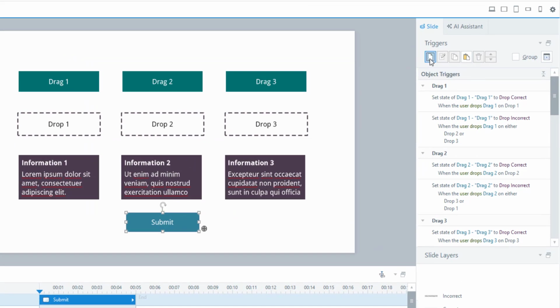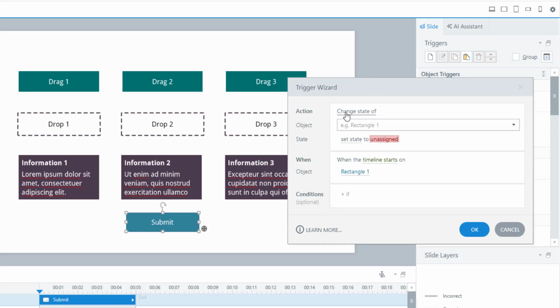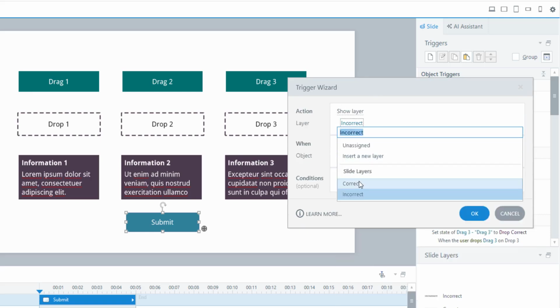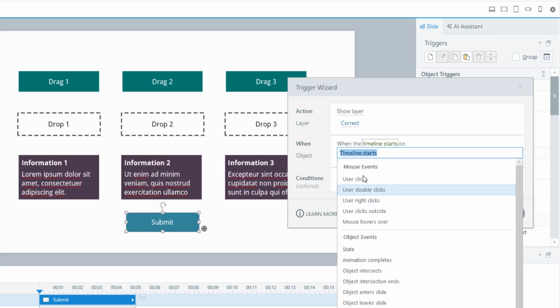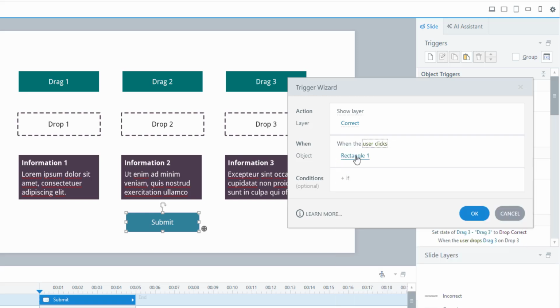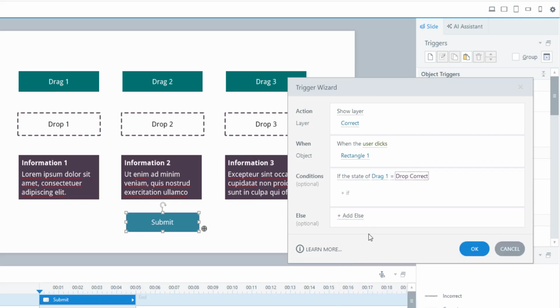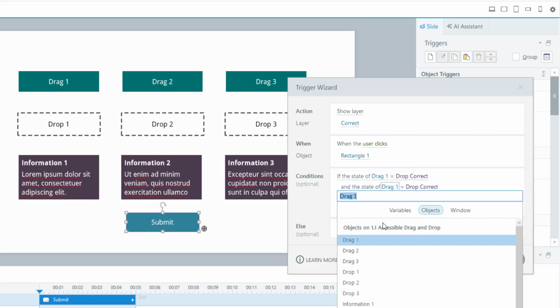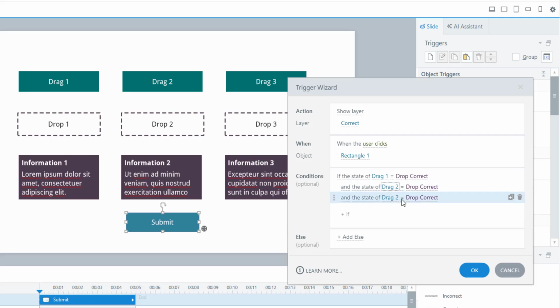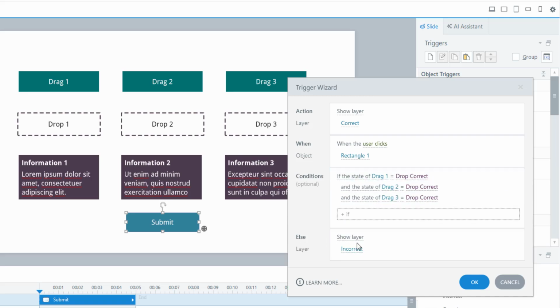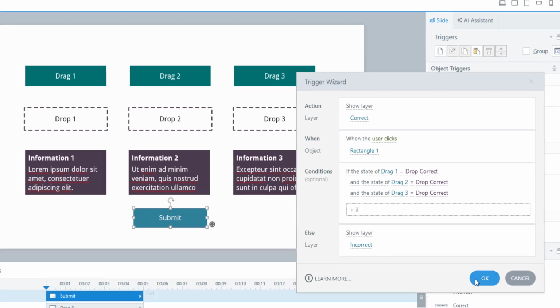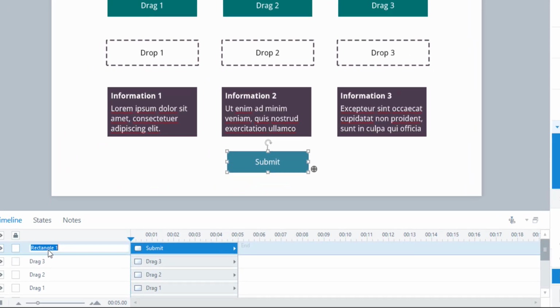We just go to our triggers again, and we want to say show layer correct when user clicks rectangle 1. We must rename that. I'll do that in a second. If our objects are correct, so drag 1 equals drop correct, drag 2 equals drop correct, just add the plus button for more, and drag 3. Make sure that all are ands, not ors, so we want all of these to be correct, or we show the incorrect layer on there. So I'm just going to rename that submit button